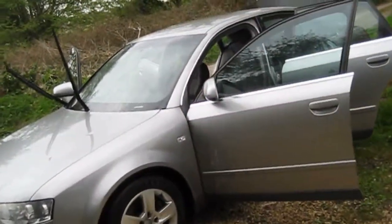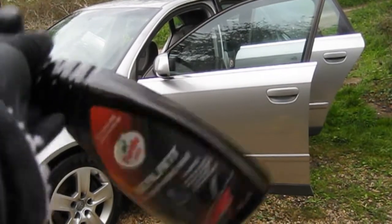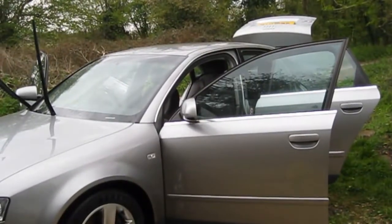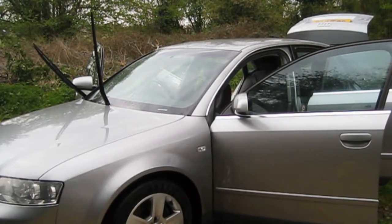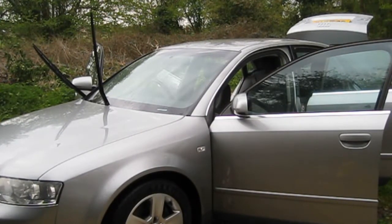So we're all wiped down. I always use my hydrophobic wax, my Turtle Wax, just to remove any moisture. So now I'll go in with a little bit of polish to do all the panels up, and then we'll give a good coat of wax. So I'm going over the whole car